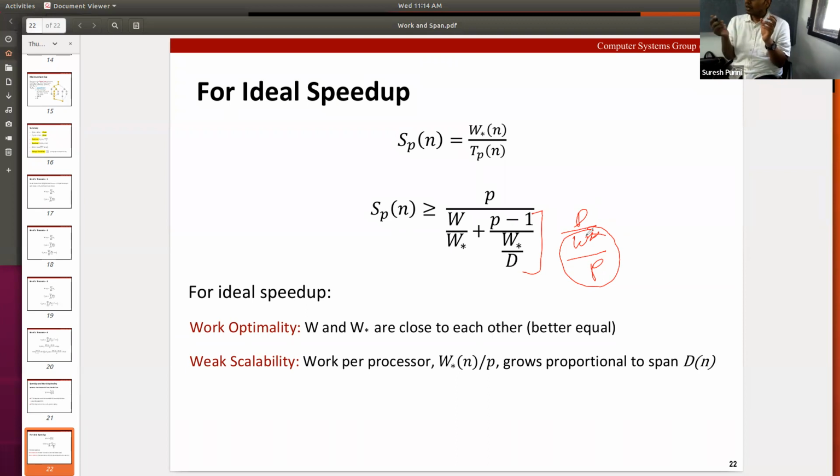It's okay if the span increases, but make sure that the work done per processor also proportionately increases. If that doesn't increase, it's not good for you. You'll end up paying a penalty in the potential speedups that you can achieve. Okay, so with this, I will stop the first part of today's